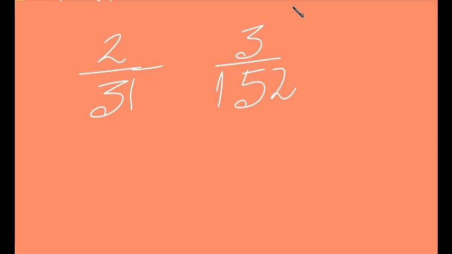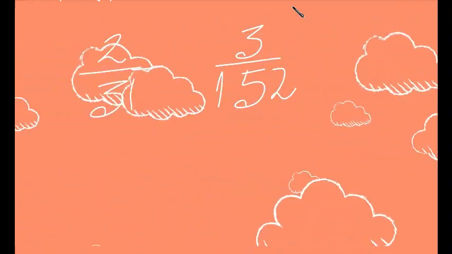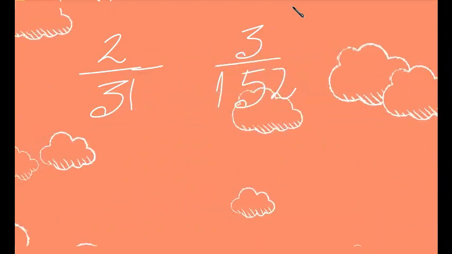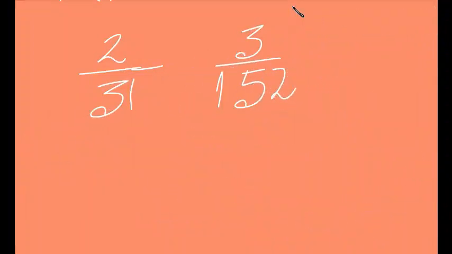Do you understand what is the problem now? 31 into 152, you keep on multiplying. Now do the multiplication, do it in your copy, okay? Pause it and do it in your copy, and then you will understand why this is tough. Alright, 31 and 152, obviously it will take a lot of time, but see the numerators, man. As I told you, observe the numbers. Now what do you have here? You have 2, you have 3, and these numerators are quite easy to multiply, right?